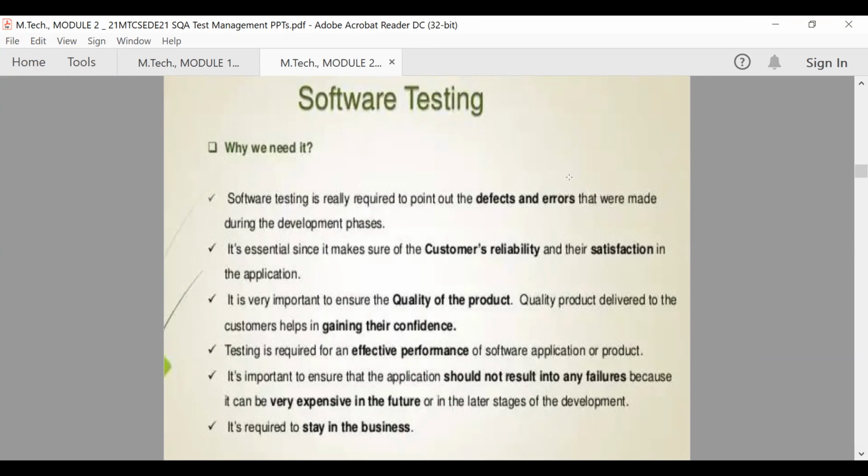In future, your software will not shut down, or it will not create any major issues and problems, which are very expensive in the later stages of development. So if you do the testing in the initial stage, before releasing the product, the cost, time and energy we spend will be very less. Once the software is delivered to the end users, if they come across problems, then rectifying all those problems is a tedious task.